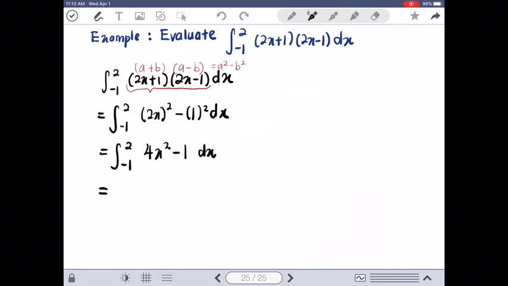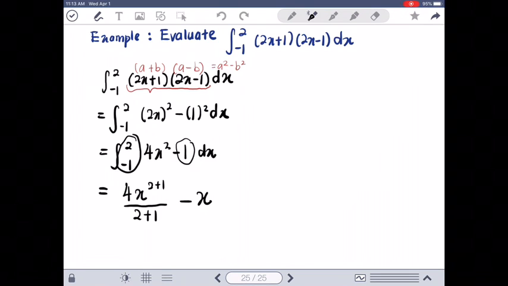Then we integrate like usual. So it becomes 4x to the power of 2 plus 1 over 2 plus 1, minus, with integration of 1 is just x. Since we involve boundaries, we do not put plus c. Instead, we put bracket from -1 until 2